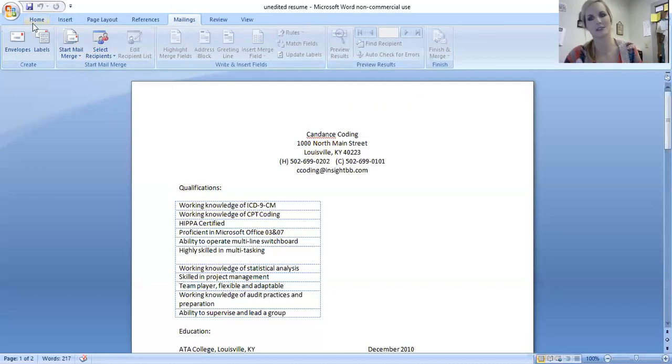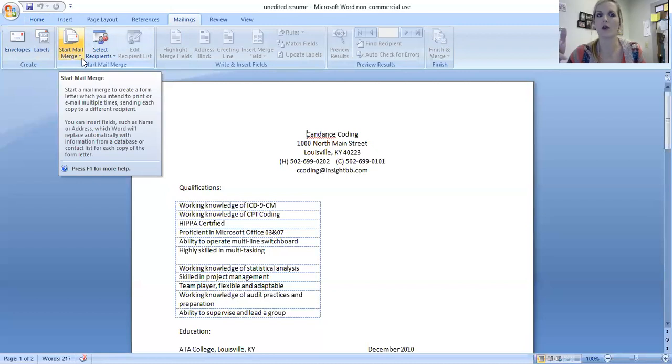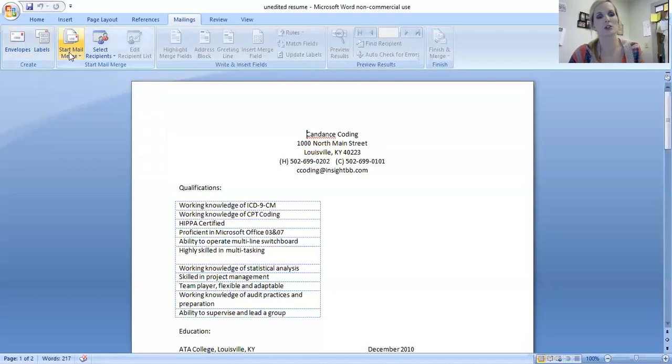There's all kinds of different things that you can do that you may have a chance to work with a little bit later. For example, I clicked on the Mailings tab. What's really cool about Microsoft Word, and what I utilize often at ATA, is mail merge. Mail merge is really helpful when you're creating a set of labels or envelopes or something. You can actually create, and that's what you have up here, envelopes and labels, and mail merge helps you to